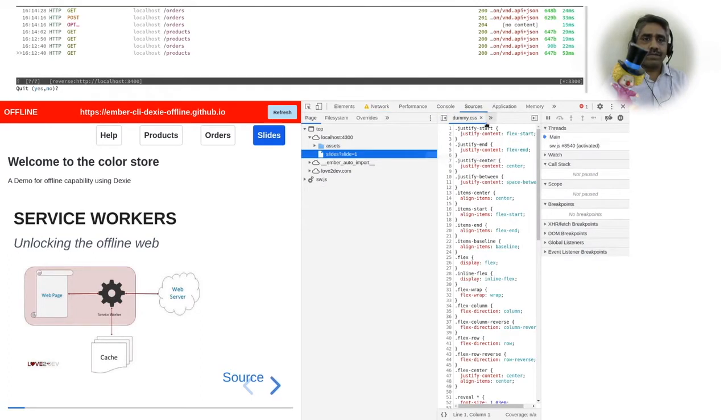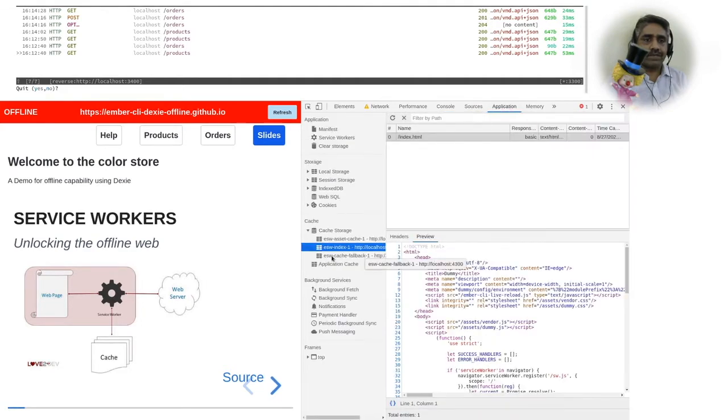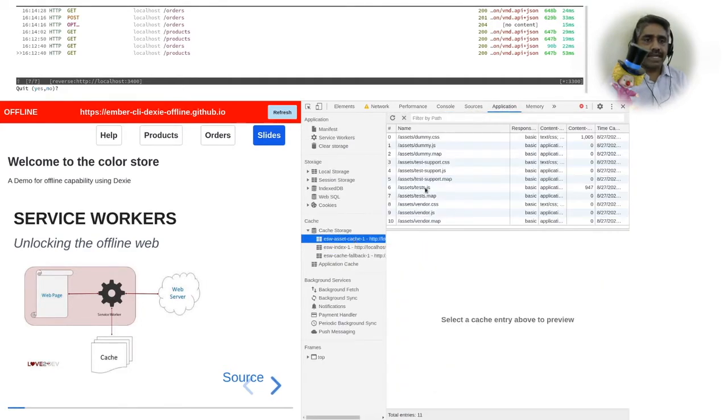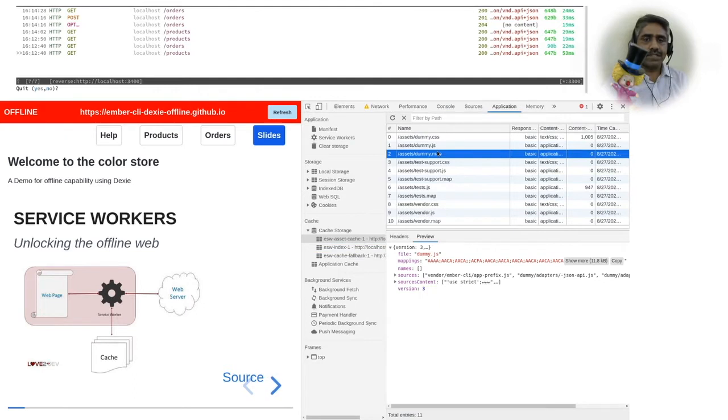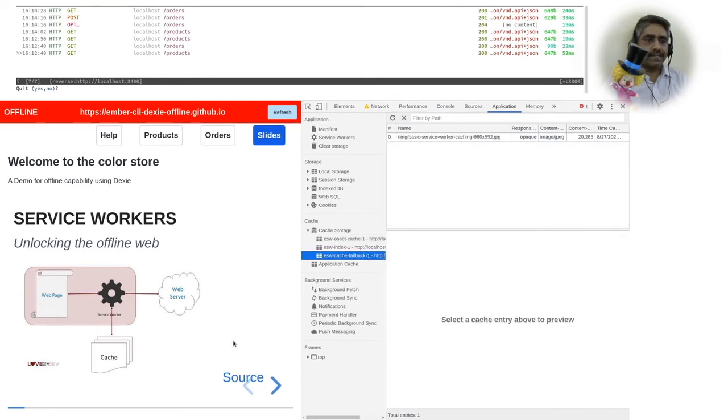When we go back to the service worker configuration, we have this asset cache, which basically caches all the static assets that the page links to. Now I just talked about the image. The slideshow has one image embedded inside, basically the service worker explanation image.